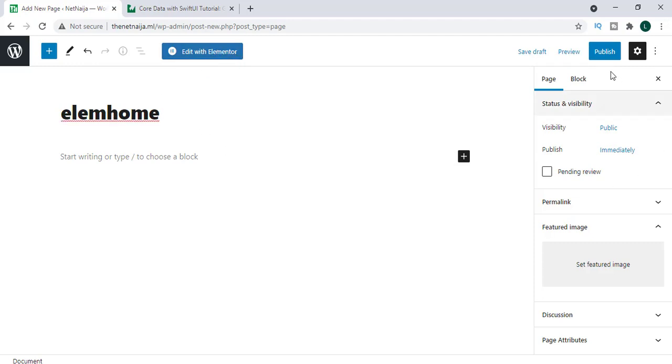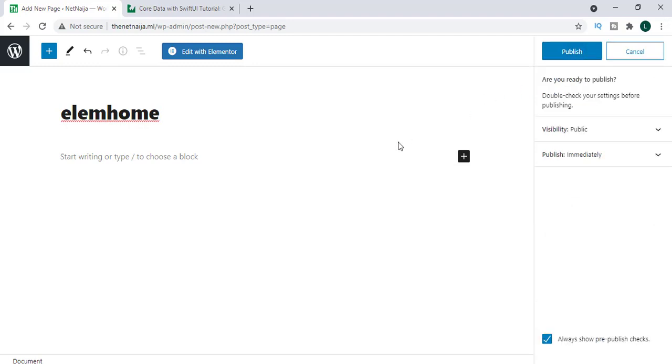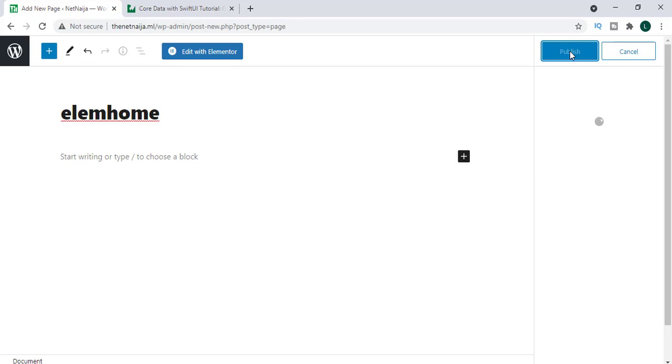I will click on publish and publish again. This page will automatically be published, and after that you will click on edit with Elementor. Once it is published,